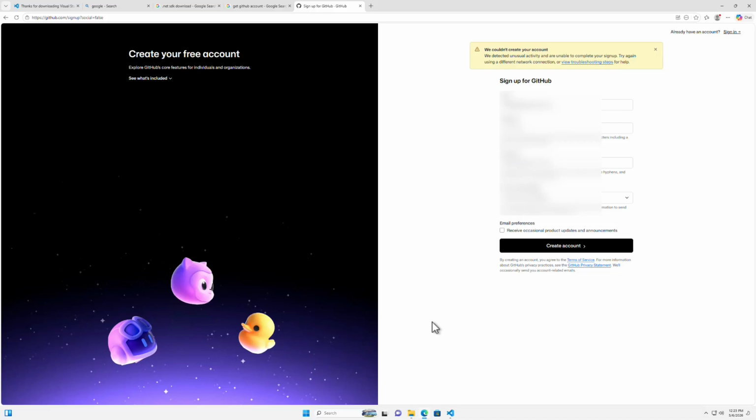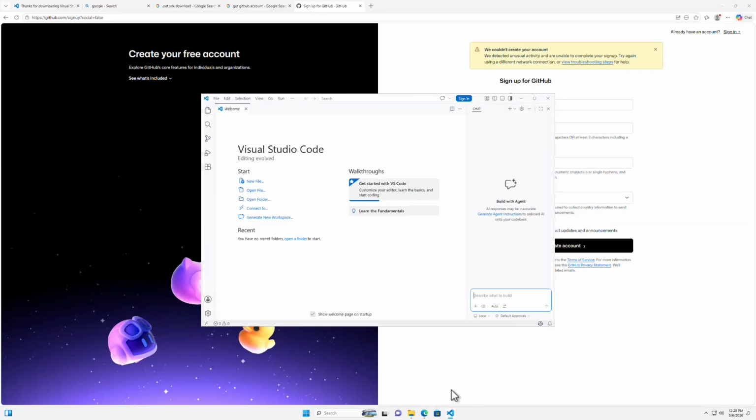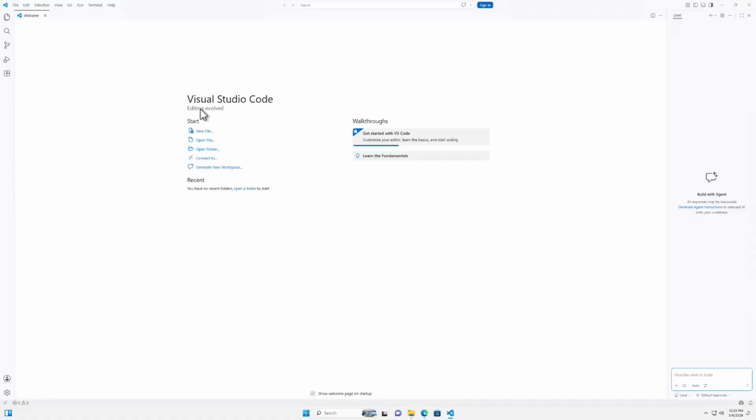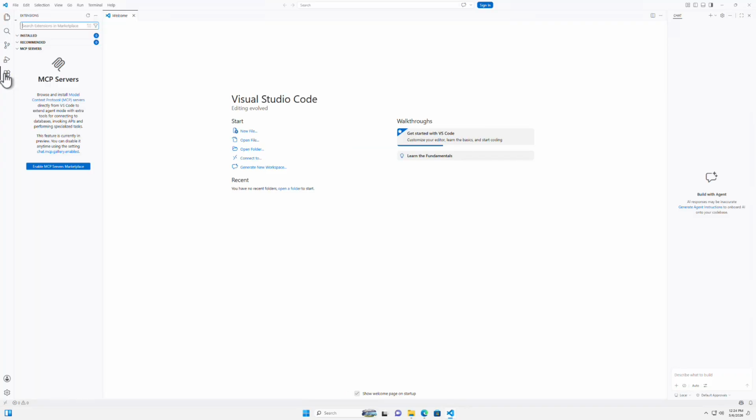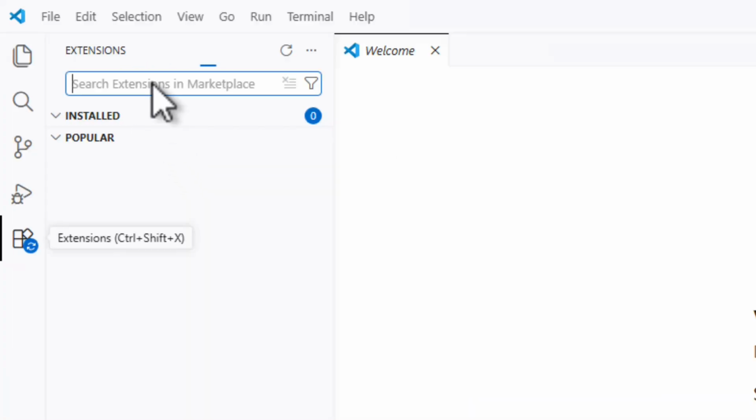Okay, the next thing we need to do now is set up our C# Dev Kit Visual Studio Code extension. So what we're going to do now is open up Visual Studio Code again. I'm going to go ahead and hit this button towards the top right, and then I'm going to go over to the Visual Studio extension panel over here in the top left and hit it, and then I'm going to type in